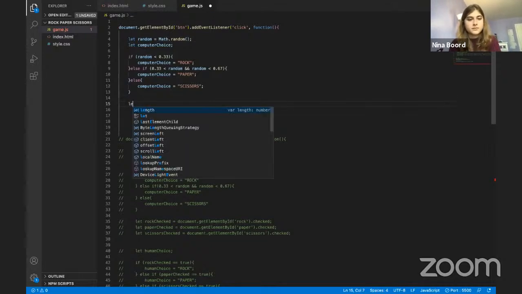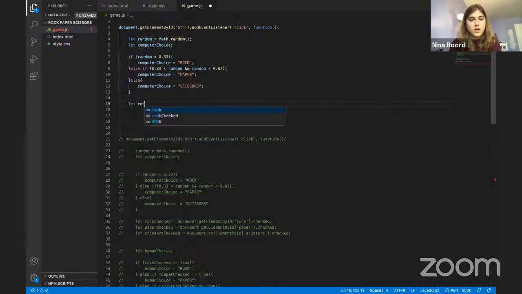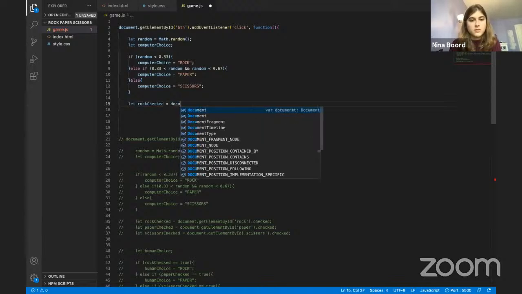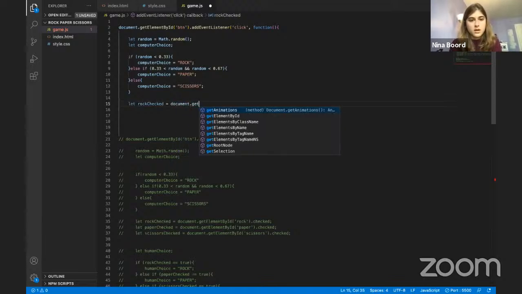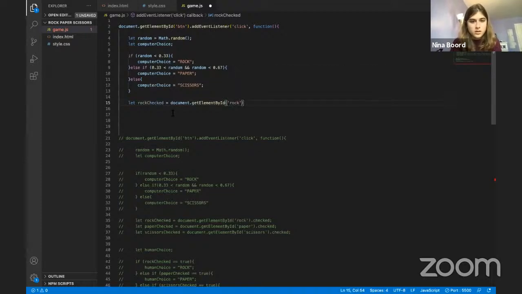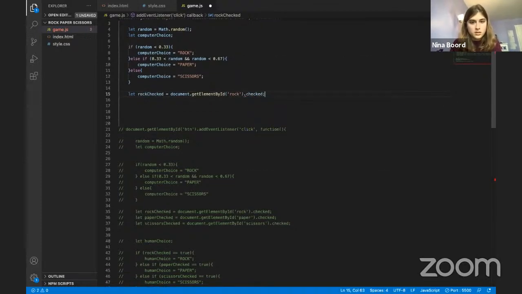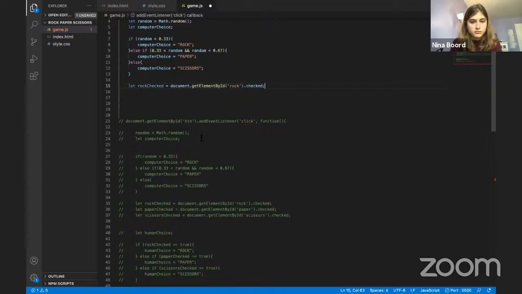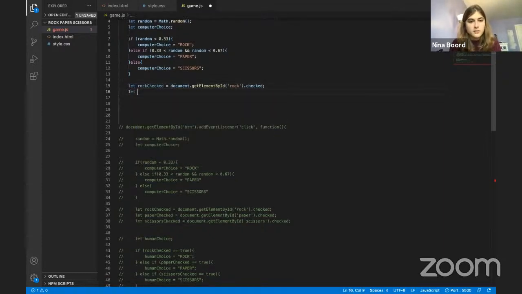Let's do that. Let equals document get element by ID rock dot that's it. And then let paper checked